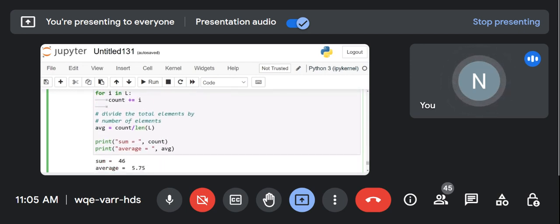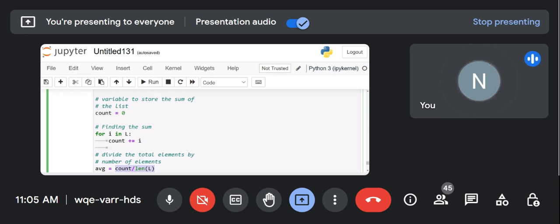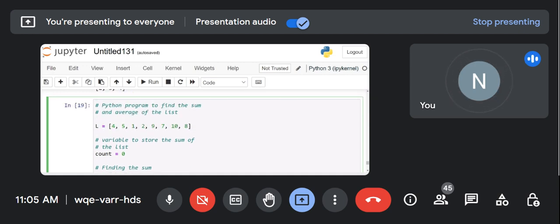Every time the count will be updated, and then if I need to calculate the average, I need to divide the count by the length of L, because the average is the sum divided by the total numbers. This is what average is called. Okay, so